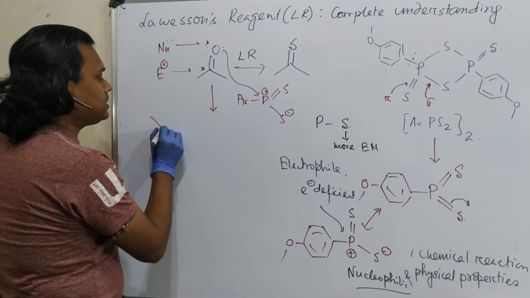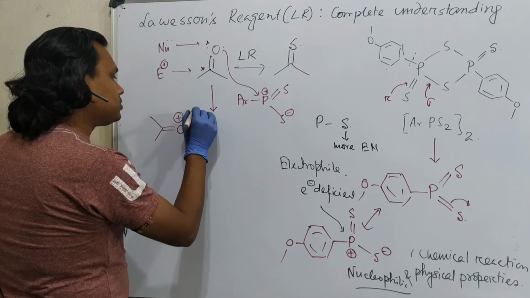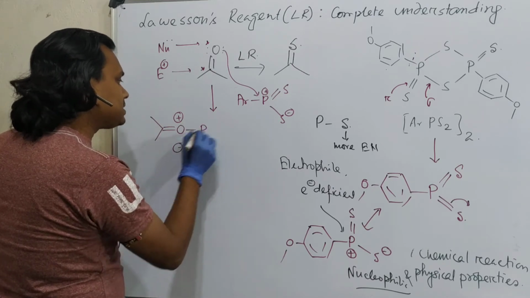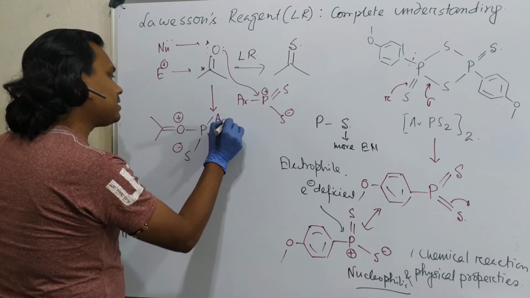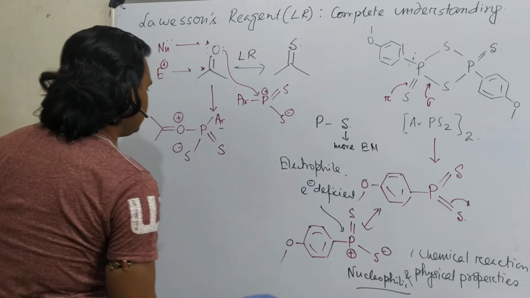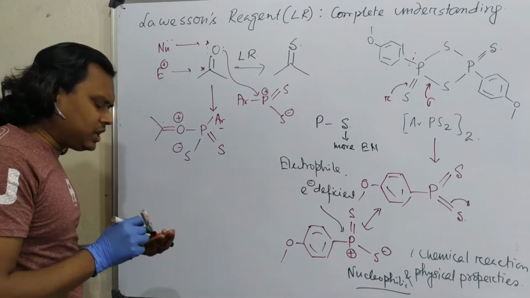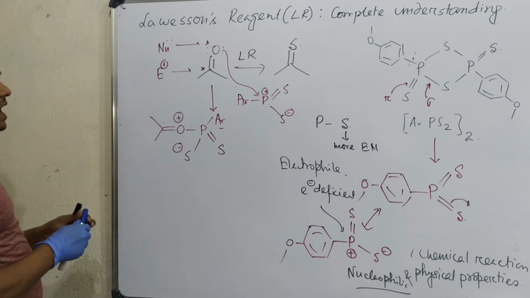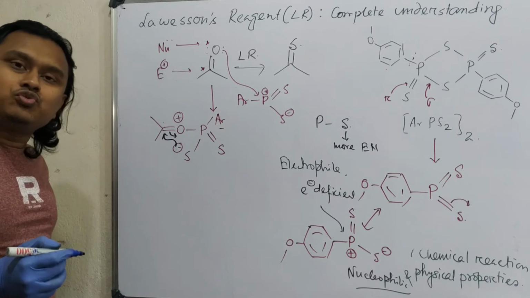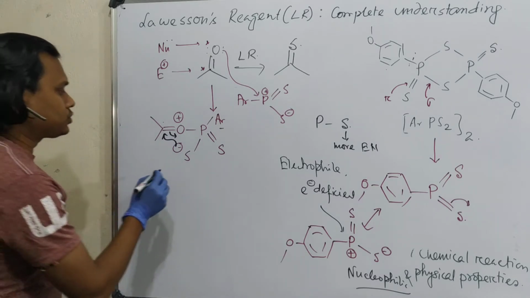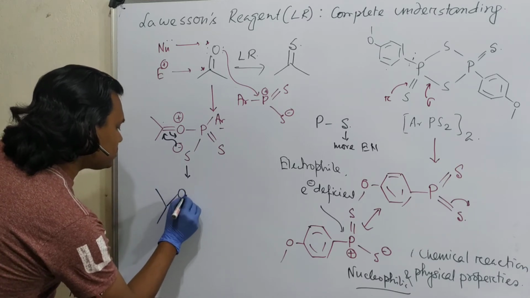It will result in a formal positive charge on oxygen. So here one S minus, this is a double bond S, and this is Ar. Ar means para-methoxybenzene, you can consider. After this coordination, this center becomes very electrophilic, electron deficient, and consequently what happened? These will attack. See, such kind of 4-member ring formation you have observed in the case of the Wittig reaction also. So try to recapitulate, it will help you to remember both of the chemistry.